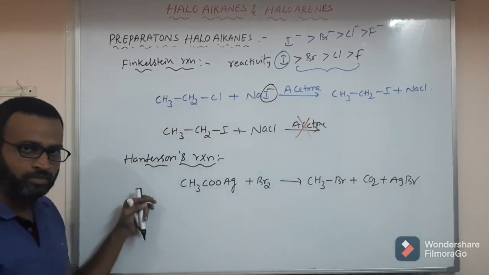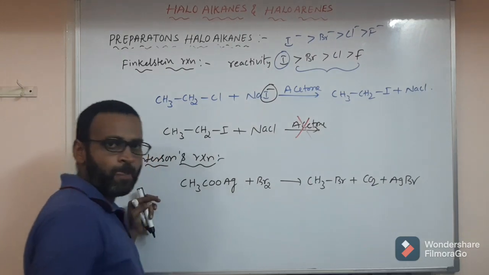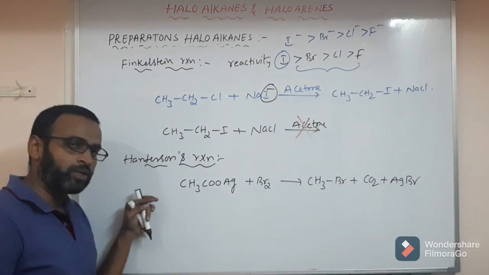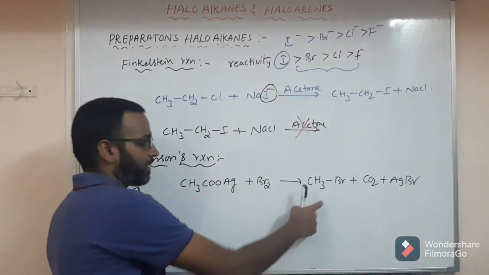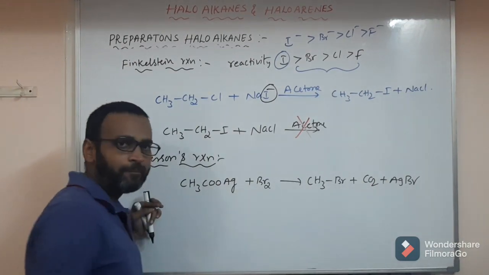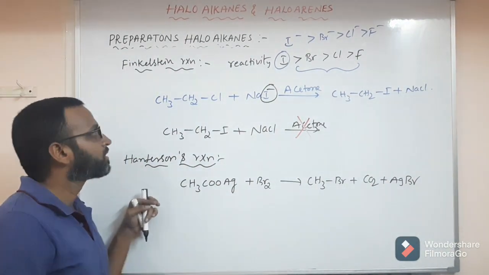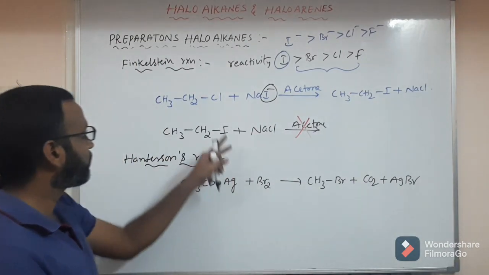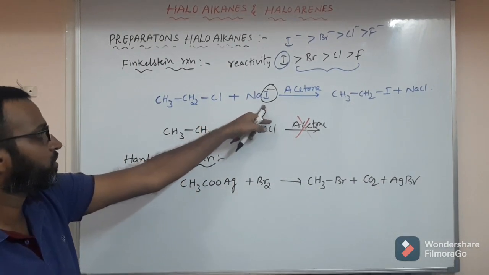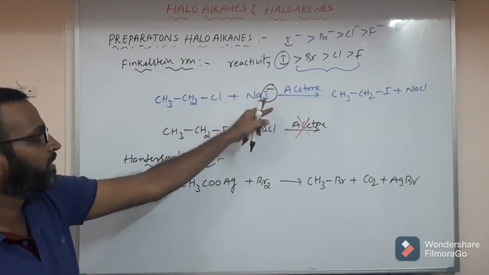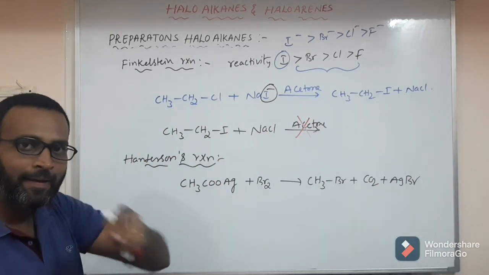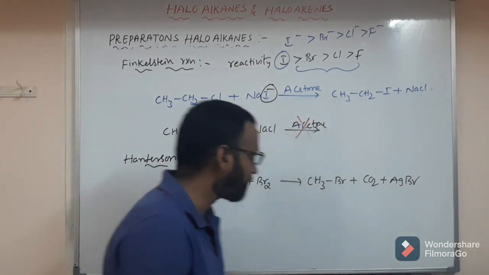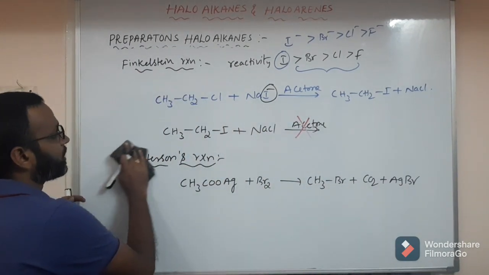Like this you will have a product with one carbon less. Silver ethanoate or silver acetate gives methyl halide, propanoate gives ethyl halide. Okay, so this is one of the important reactions. If you use fluorine here, you cannot, but fluorine can be replaced by chlorine like this. Correct? So these are the important preparations of